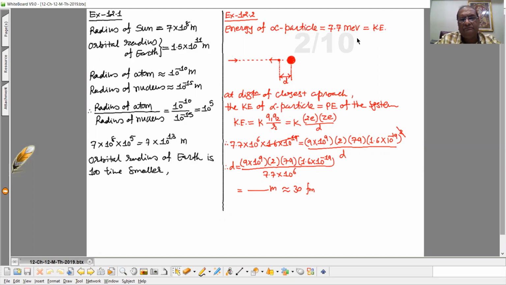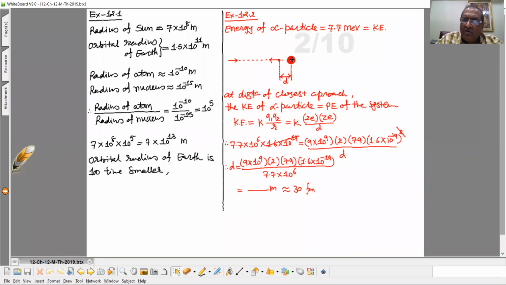Now see, the energy of the bombarded alpha particle is 7.7 MeV, million electron volt. It is in motion, meaning this energy is in the form of kinetic energy. An alpha particle is a charged particle. When it penetrates the atom and